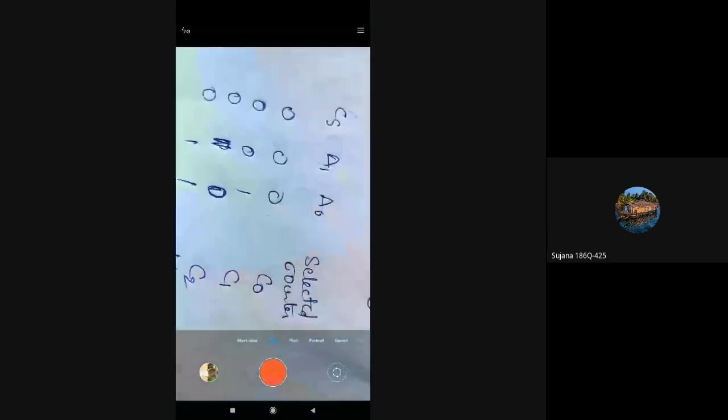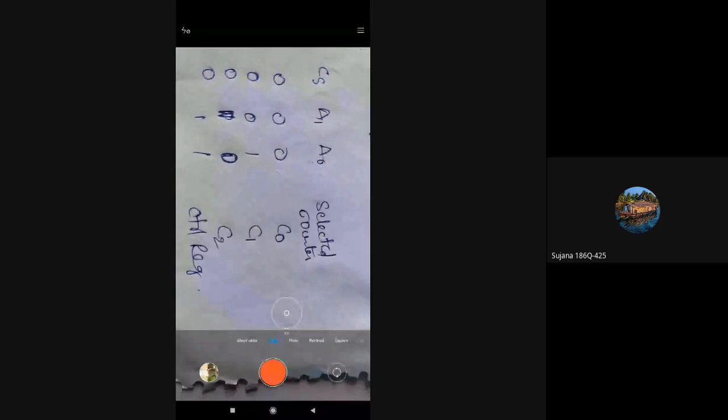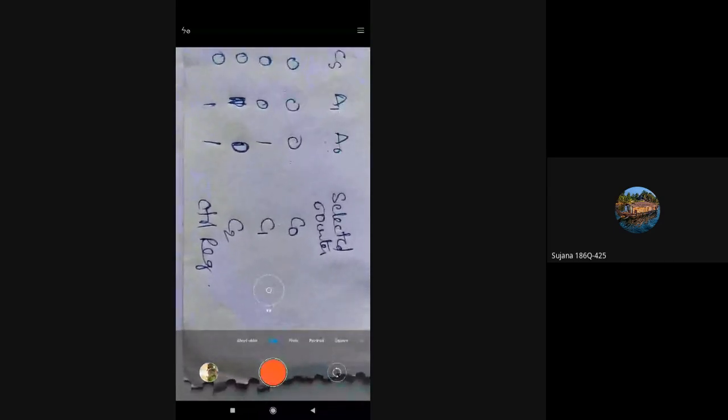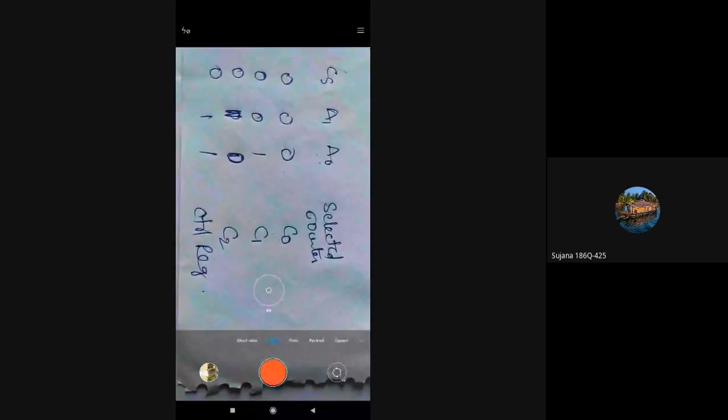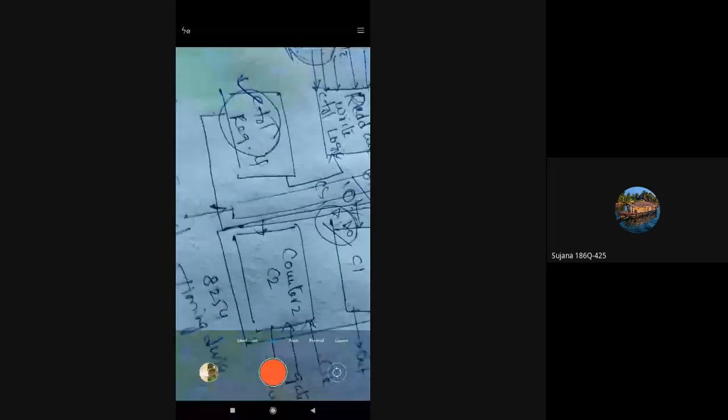So CS is always 0. If A0 and A1 are both zero, counter 0 is selected. If A1 reads 0 and A0 reads 1, counter 1 is selected. If A1 reads 1 and A0 reads 0, counter 2 is selected. And if both A0 and A1 read 1, then the data will be present in the control register. This is how the counters of the timing circuit get selected.